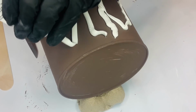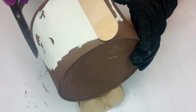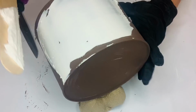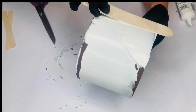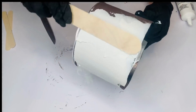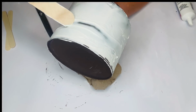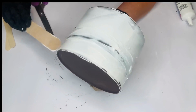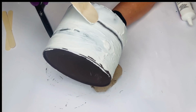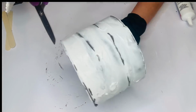So I just squeezed out a bunch of that caulking and spread it all over my cake, and I used a big craft stick to smooth that out. And what's going to happen is I'm going to use the edge of my craft stick and kind of make lines so that it'll mimic the layers of a cake. And then I'm going to smooth back over it so it looks like it's frosting that's covering that back up. So I did this into a triple layer cake. Now I'm not a baker, but I think I did a pretty good job on this,